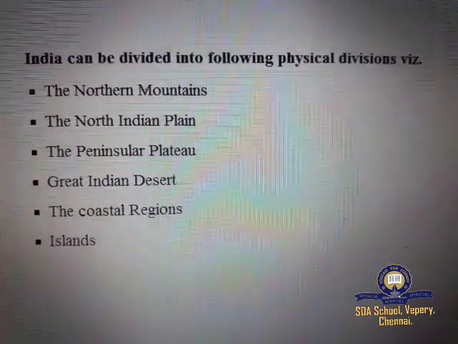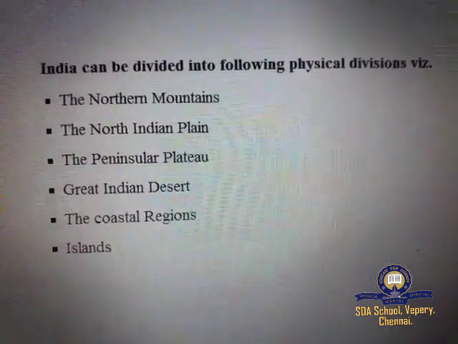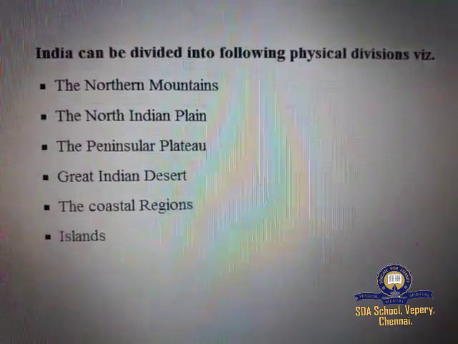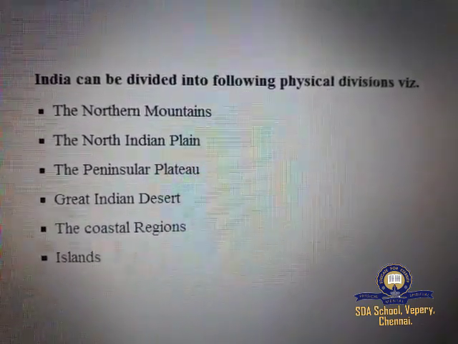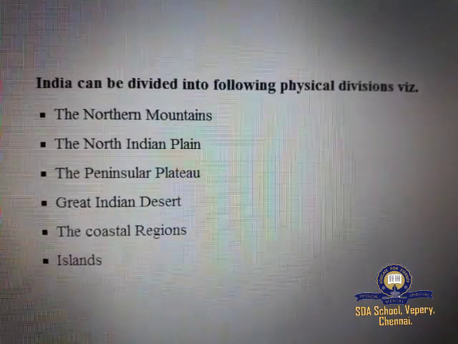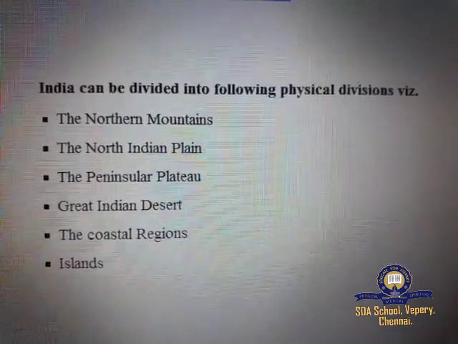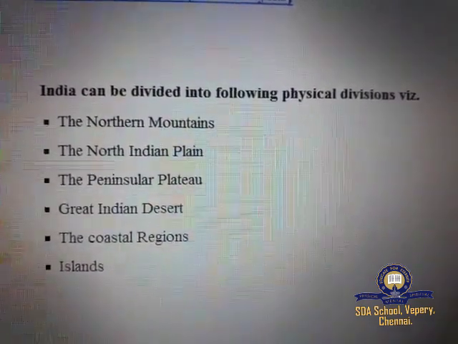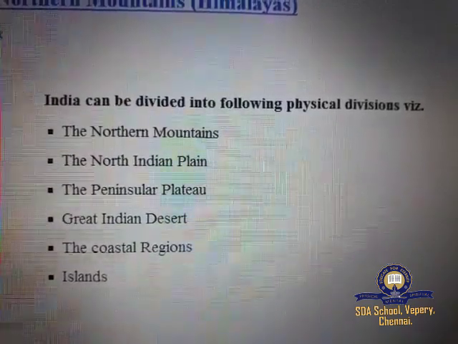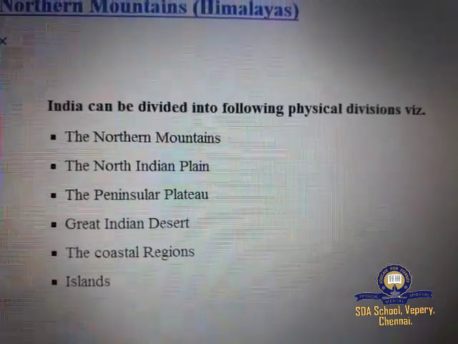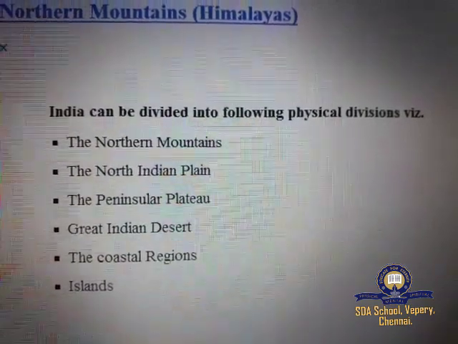Though the country has many landforms, based on the major differences it is divided into the following physiographic divisions: the Himalayan mountains, the Great Northern Plains, the Peninsula Plateau, the Indian desert, the coastal plains, and the islands.